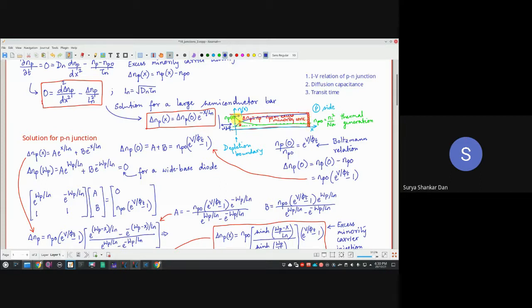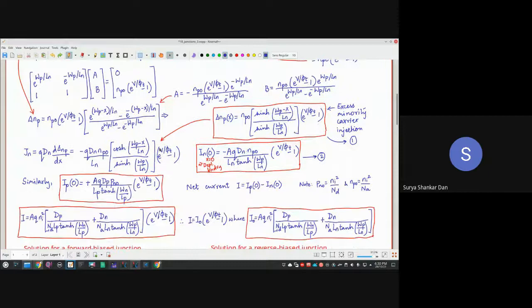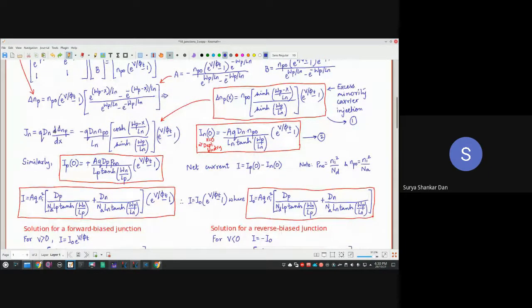The sum of the drift and diffusion through either the p side or n side, both of them are exactly the same. So if we want to find the total current at any cross section, it will always be the sum of drift and diffusion. And so at x equal to 0, that is the depletion boundary, the total current will be equal to only the diffusion component, because यहाँ पर कोई drift current है ही नहीं. As I showed you, it was like this, right? So it was 0. So considering only the diffusion component makes sense only when we are trying to find I_n(0).